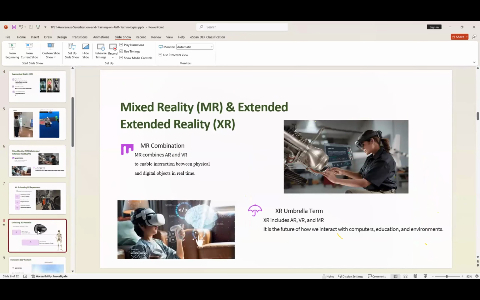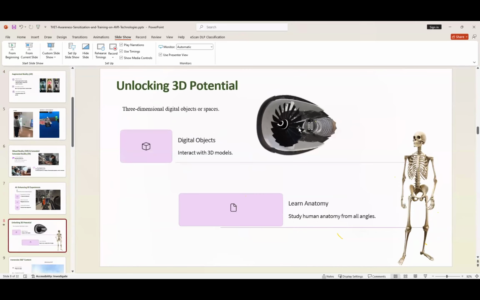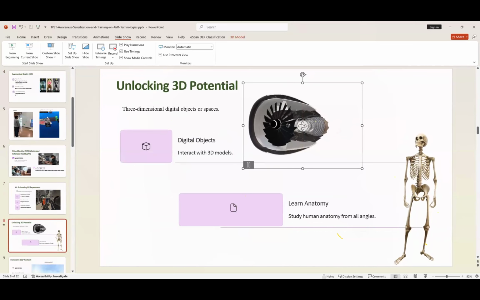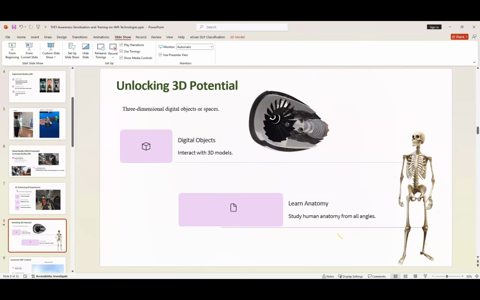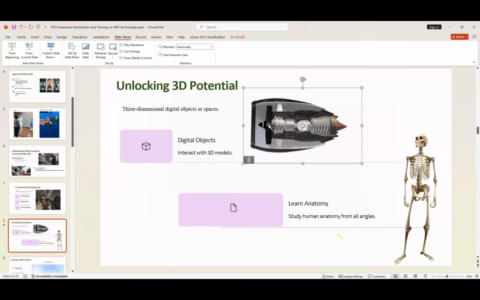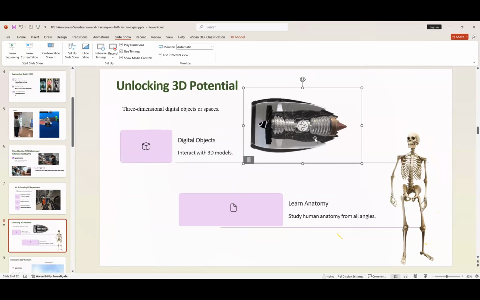Oh, sorry. So basically, that is what a 3D is, okay? You're able to move the object, upload or import the object into the platform, and then create a lesson or practical sessions around it. So there is a limitation to PowerPoint, but through the demonstration, you'll see how you can actually have a practical session around a 3D object, okay?